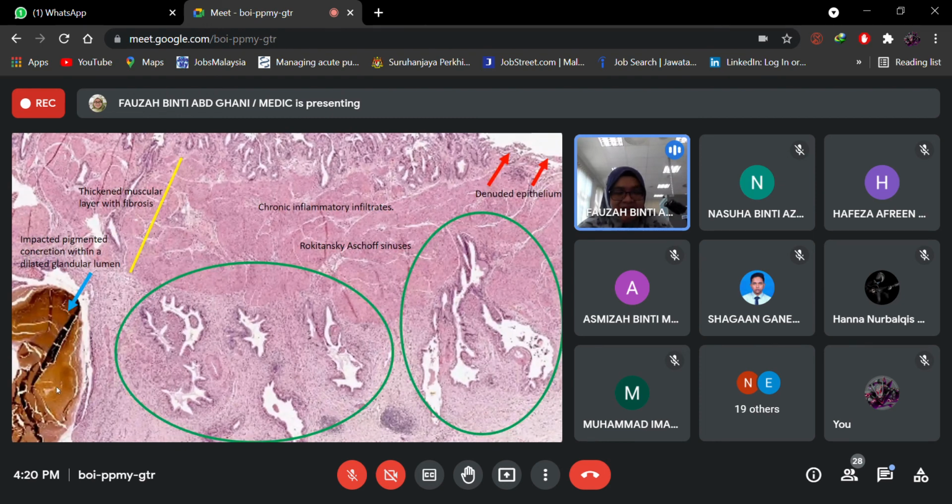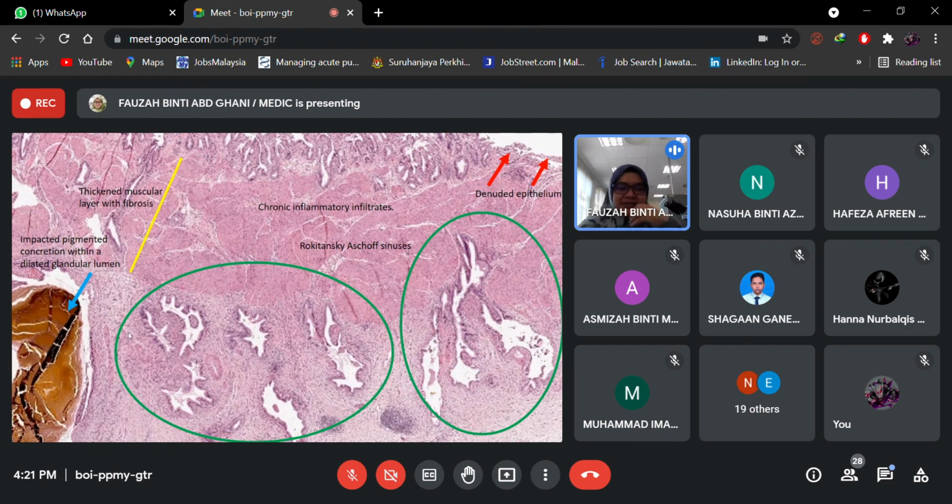part of the stone from earlier? The stones are concretions of deposits, cholesterol or whatever. It can be cholesterol, as you said, it can be pigment. This deposition will solidify, concrete, like concrete. The word concretion comes from concrete, so it becomes solidified, and sometimes we see it inside these dilated glands. Sometimes you can also see, superficially,